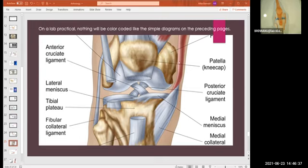This muscle right here, this is the gracilis muscle. Worry about that later when we talk about muscles. Okay, so